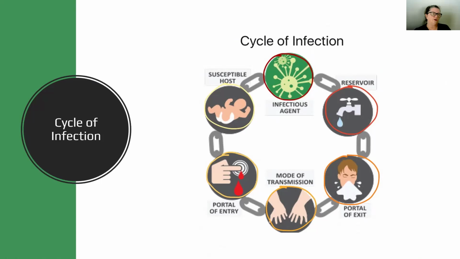In order for the infectious agent to do anything, there have to be other chains in this cycle. Now, the infectious agent in and of itself is not harmful. It could be a bacteria or a virus, just sitting there all by itself, lonely and doing nothing. That's not a big deal. It's when it finds a reservoir